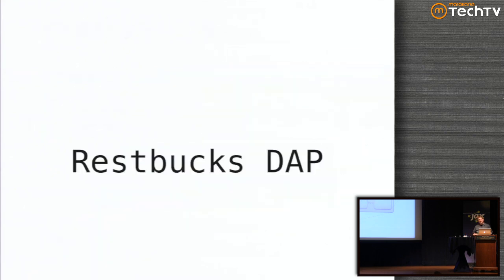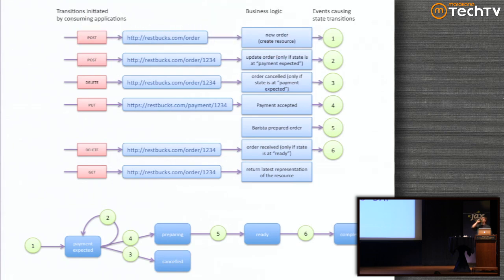So if you take this and apply it to the exact example from the Rest in Practice book, RESTBucks, what you see, what ends up happening is, these URIs map onto business processes. These business processes are basically just a state machine. Because anytime you're dealing with resources, you're really talking about moving a resource from one state to another state, which is a great model for a state machine. That's really all we're building when we build one of these systems, is building a state machine and defining what possible states you can go to next.